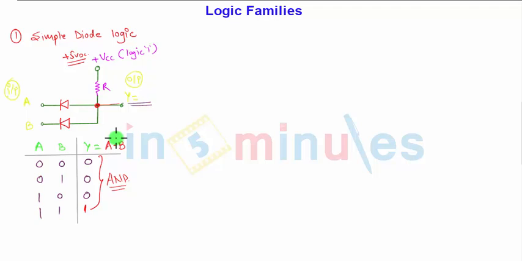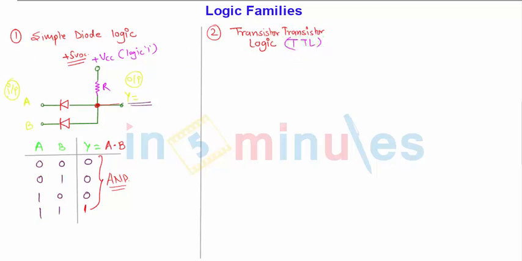Similarly, you can implement all the logic gates. Now there are various techniques to implement this. Let us move to the second one, that is the transistor logic, or most commonly known as TTL, in which what we have here is the plus VCC supply, a resistor, output Y here, and the input section. Let us say the input is A. So whatever Y is here, what will it be equal to? Let us say only one input is there.